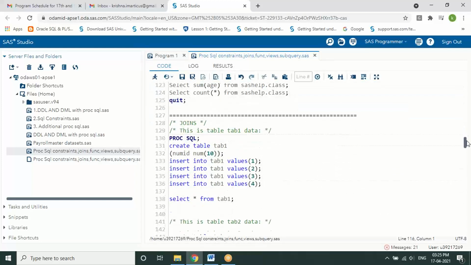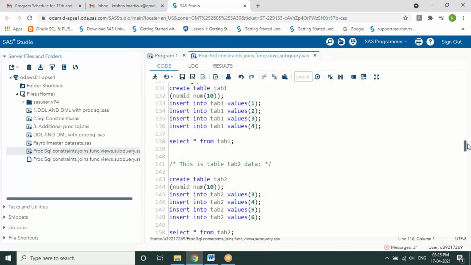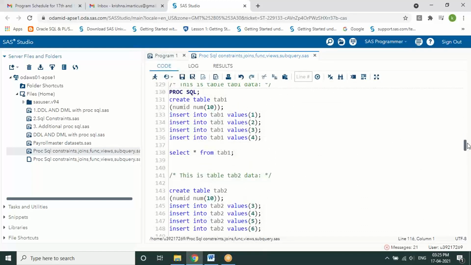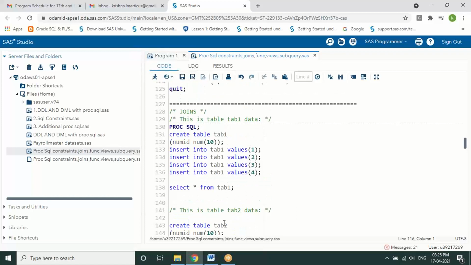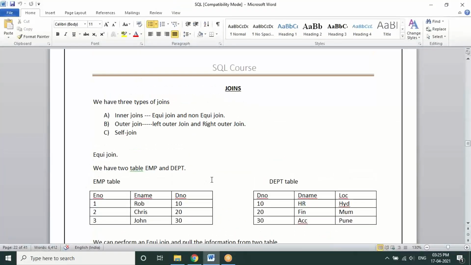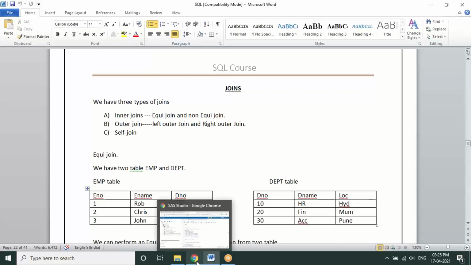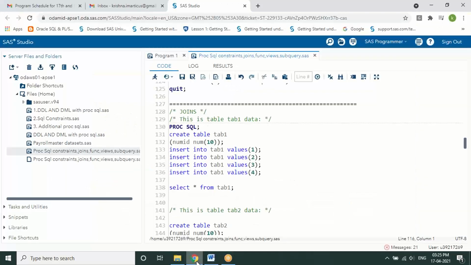Okay. The next concept that we are going to look at is joins. Most of you are very familiar with the joins concept of SQL. Can anyone help me know what joins are, what types of joins we have, and so on? Anyone?